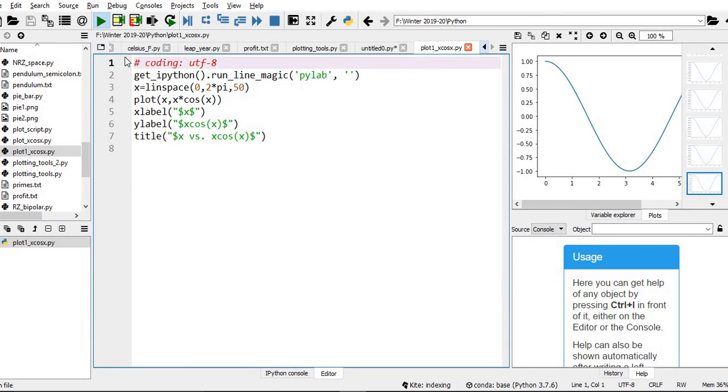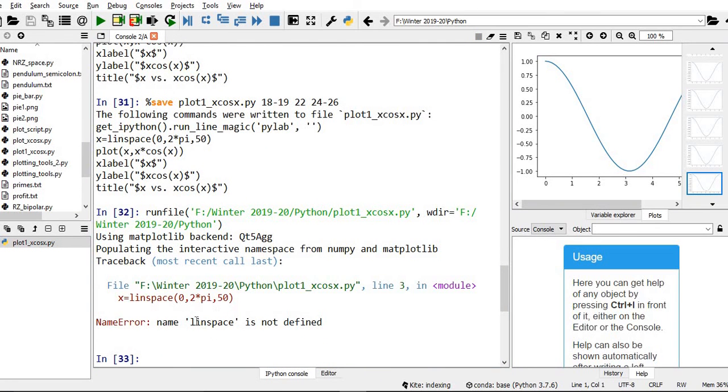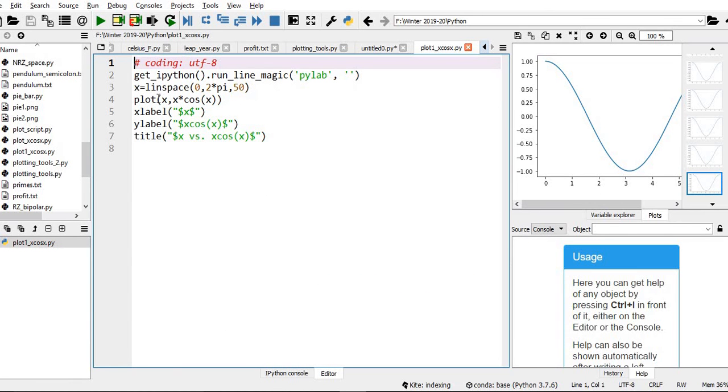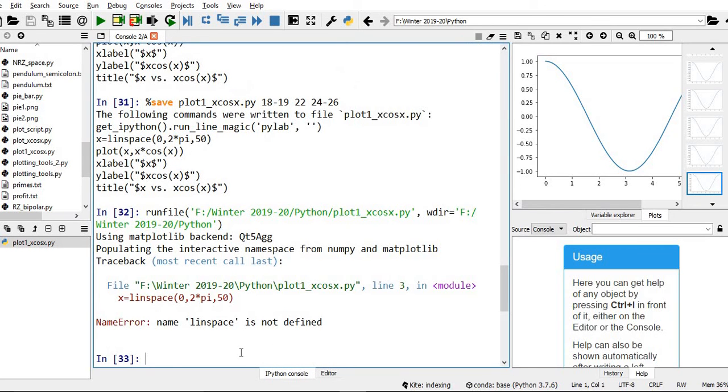If I run this in the editor window, it will not work, because it is asking for linspace that is defined in NumPy. So we have to import linspace from NumPy. Then plot is available in matplotlib.pyplot. The xlabel, ylabel, and title are also available. So it will show an error, but we can execute this code in the console itself.